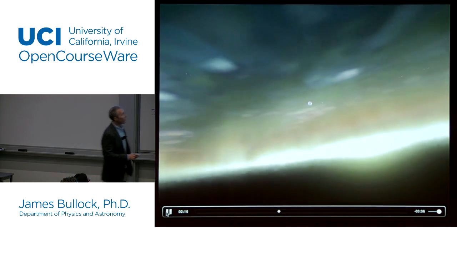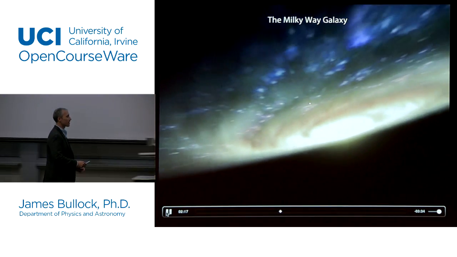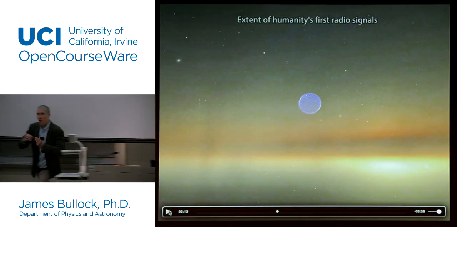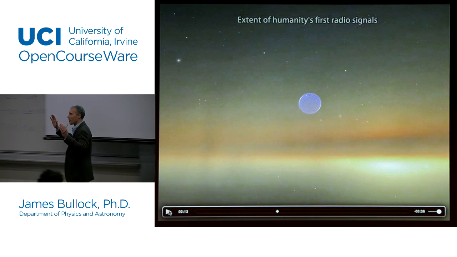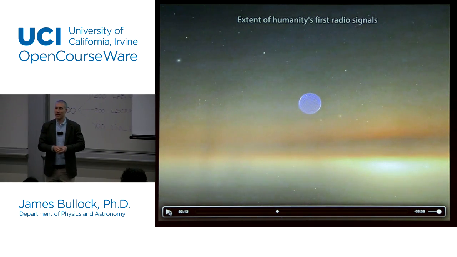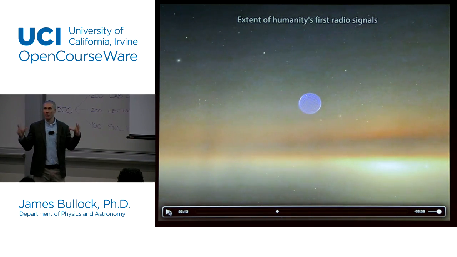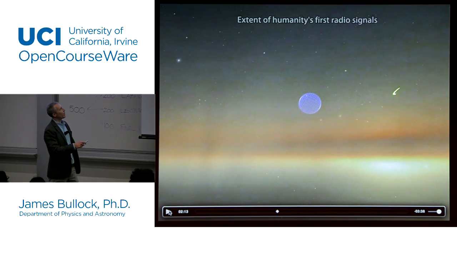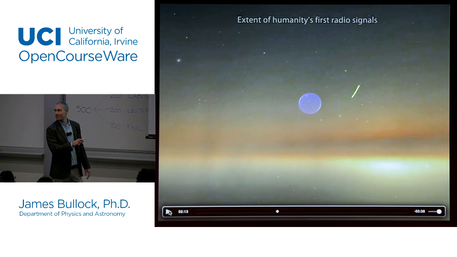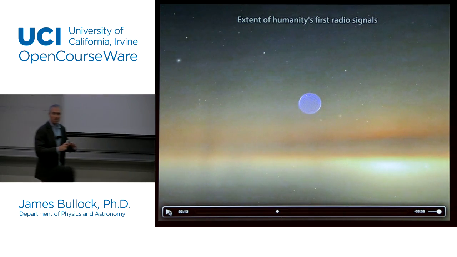That little sphere right there, let me pause it real fast. That's the farthest distance that any radio signal Earthlings have ever sent out, which is tiny compared to the size of the galaxy. So if there were aliens out there looking for our radio signals, they would never have seen them yet. That's 70 light years, that bubble.